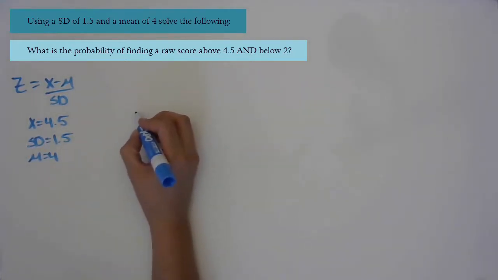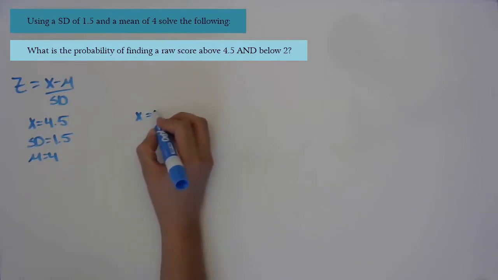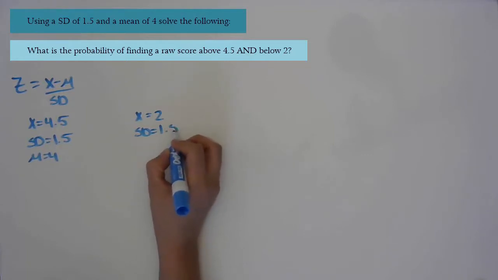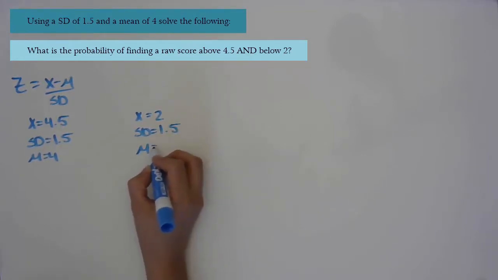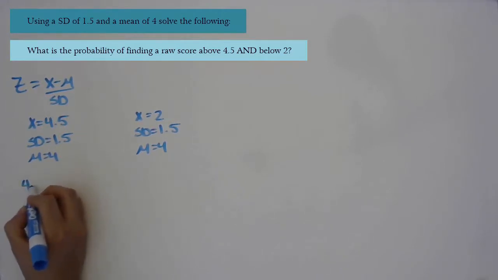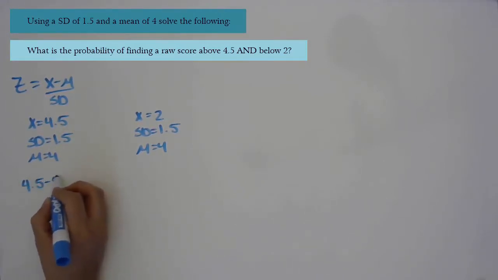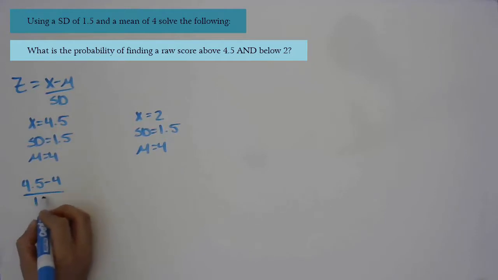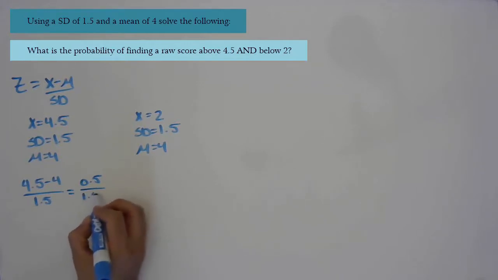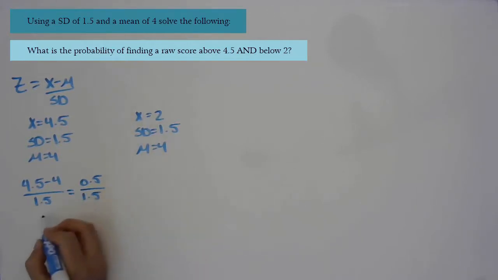And then for our second one, the raw score is 2. Standard deviation equals 1.5. And the mean equals 4. Okay? So we will go ahead and plug those in. So 4.5 minus our mean of 4 over standard deviation of 1.5 equals 0.5 over 1.5. And then we are going to go ahead and divide that out. That is going to give us a z-score of